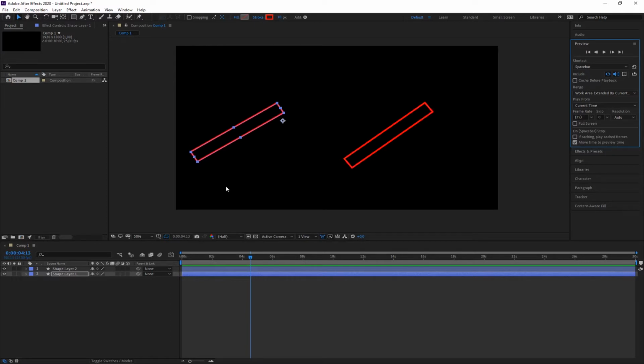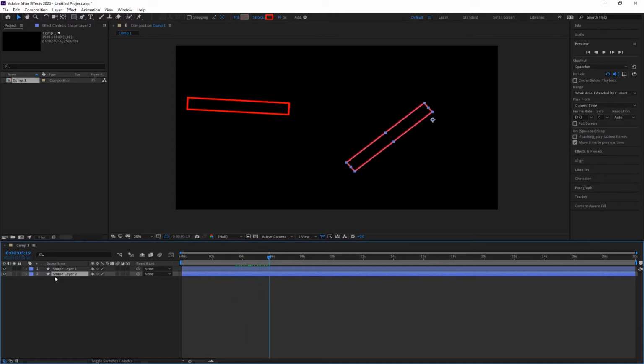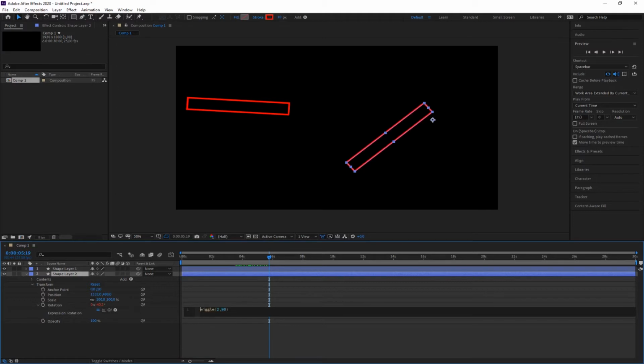How can I make these 2 wiggles the same? For example, I could tell layer 2, in this case let me fix that, I'm going to put shape 2 at layer 2, so now it's right. If I want layer 2 to have the same movement as layer 1, of course I could take the rotation and link it to this rotation, but in this case I just want to make the random numbers the same. All I need to do is go to layer 2, find the wiggle, here it is, rotation expression, and I'm going to add to the wiggle, which produces the random number, a command to use the same starting point for the random number as layer 1, and that is called seedRandom